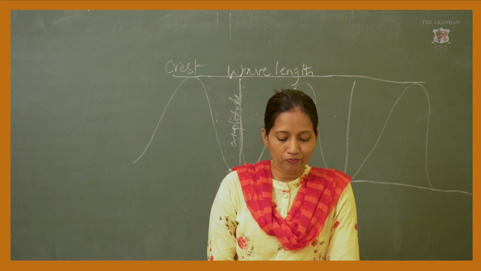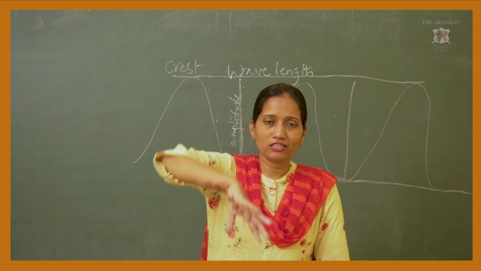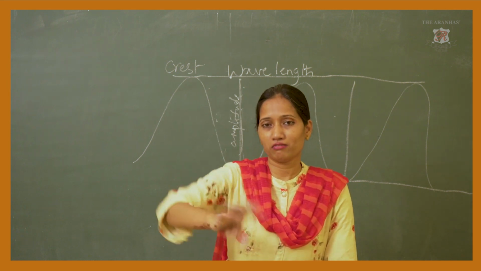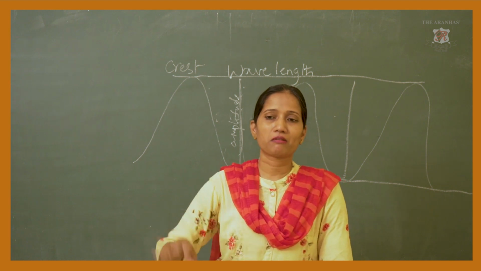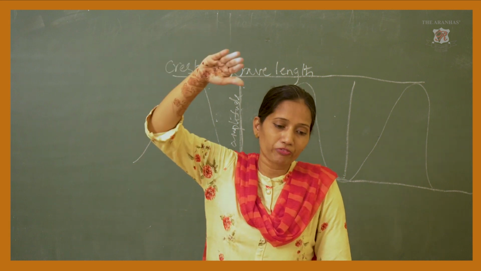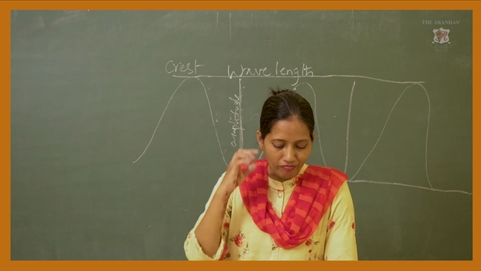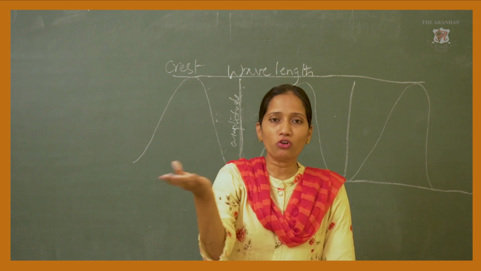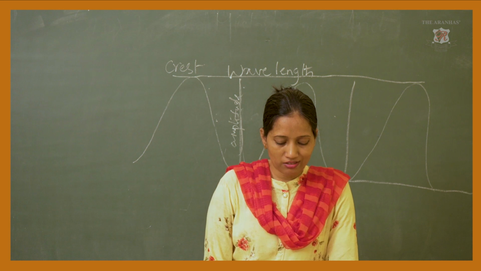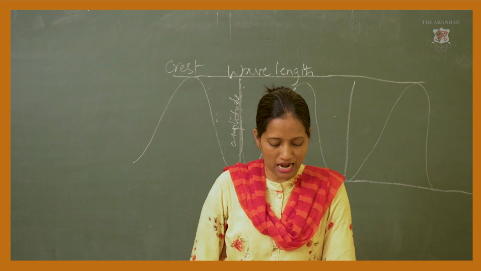Please underline this. The main reason of wave generation is wind, but at times there is an earthquake, that shaking of the earth, or a volcanic eruption. Because of that also there is a huge cause of waves on the sea. And that is more dangerous than your normal sea waves when it is very quiet and just moving up and down. Okay, that may cause damage to property and life.